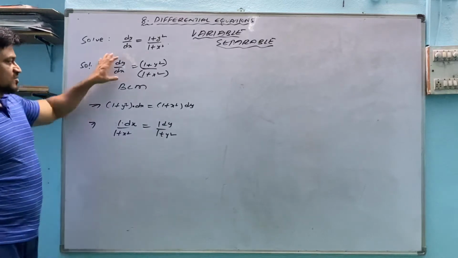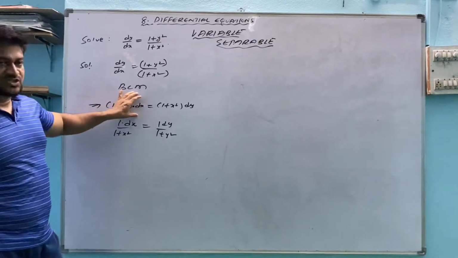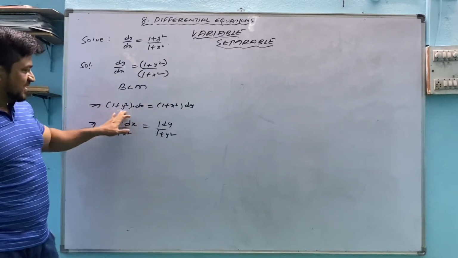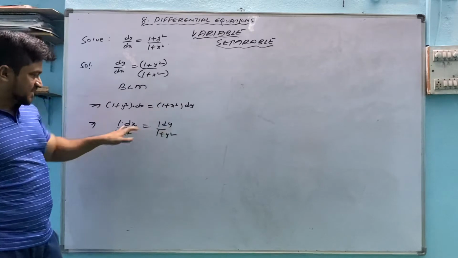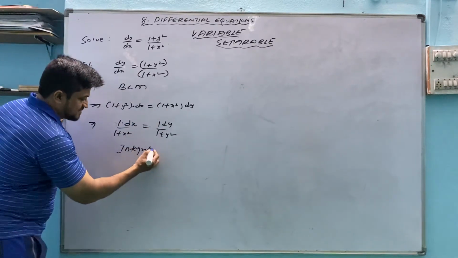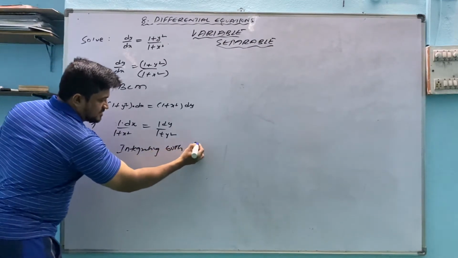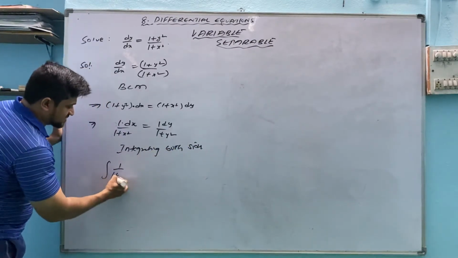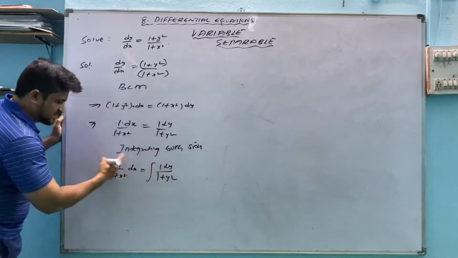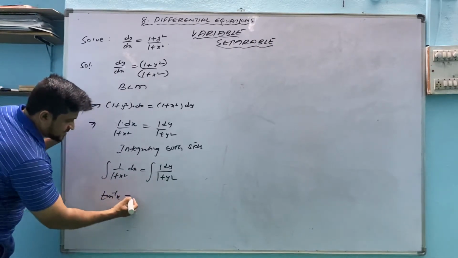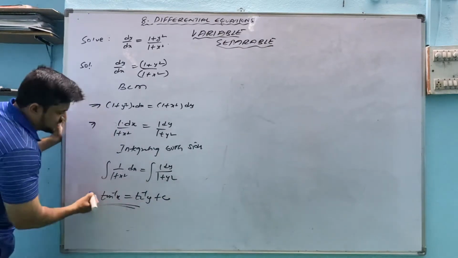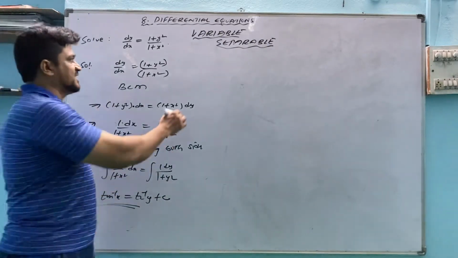Now what did I do? Cross multiplied in such a way that we take dx on the left side, cross multiply like that. Then the x term should be with dx. Here the y term is there, send it to the denominator of y, the x term is there, take it to the denominator of x. Now dx and dy are there, integrating both sides. Means take the integral symbol on both sides. This is tan inverse x. This is tan inverse y plus c. You can leave it up to this mark or take the terms to the left side and take the right side as the c value.